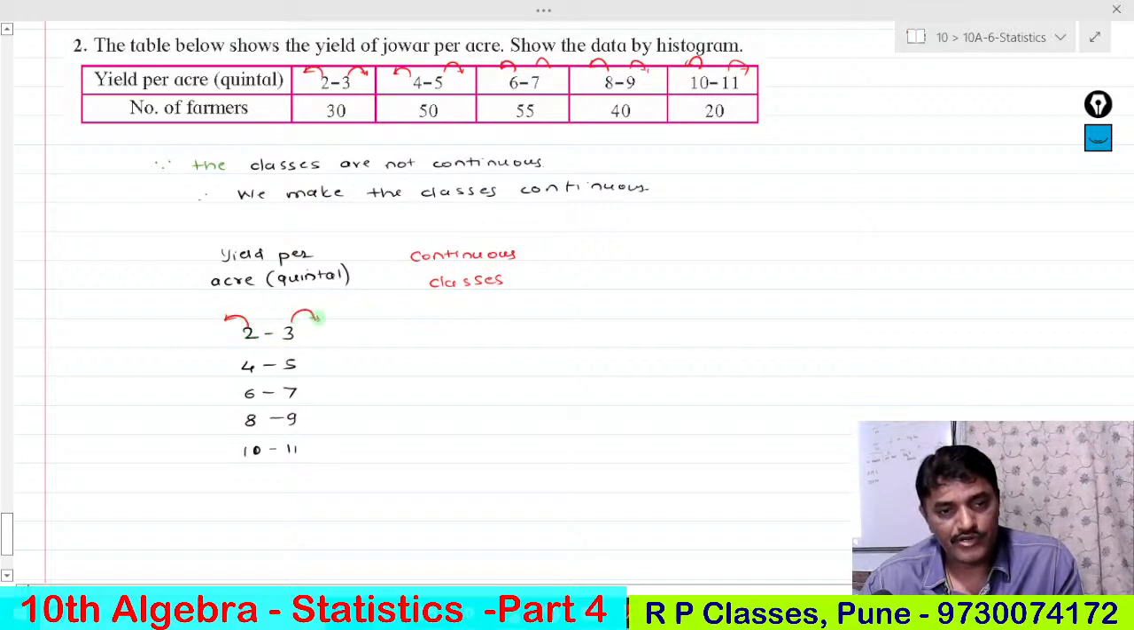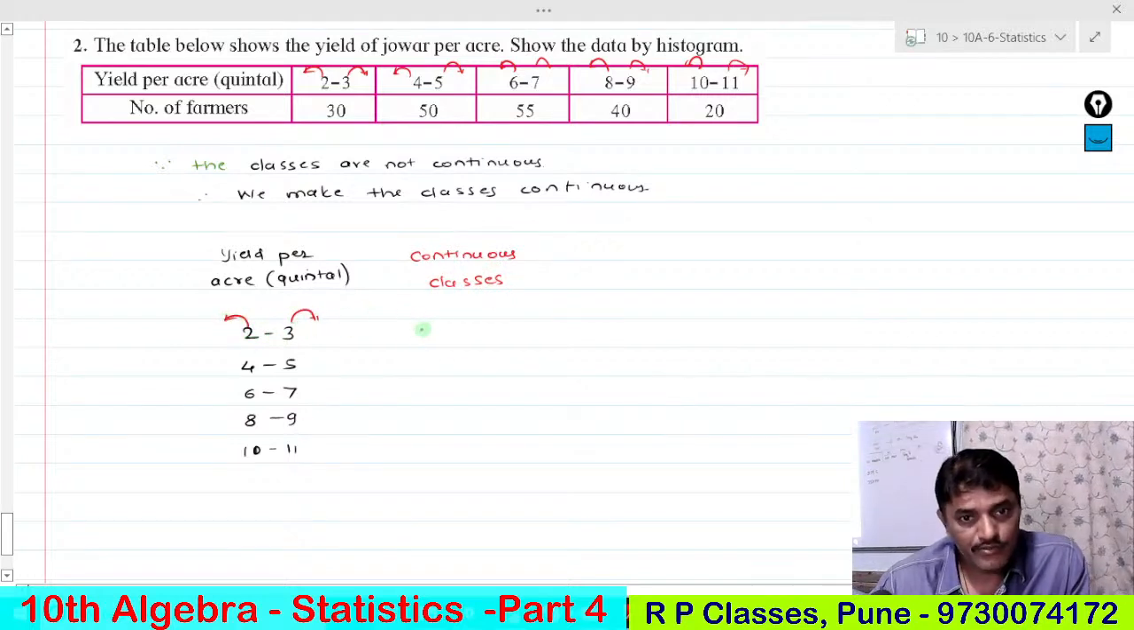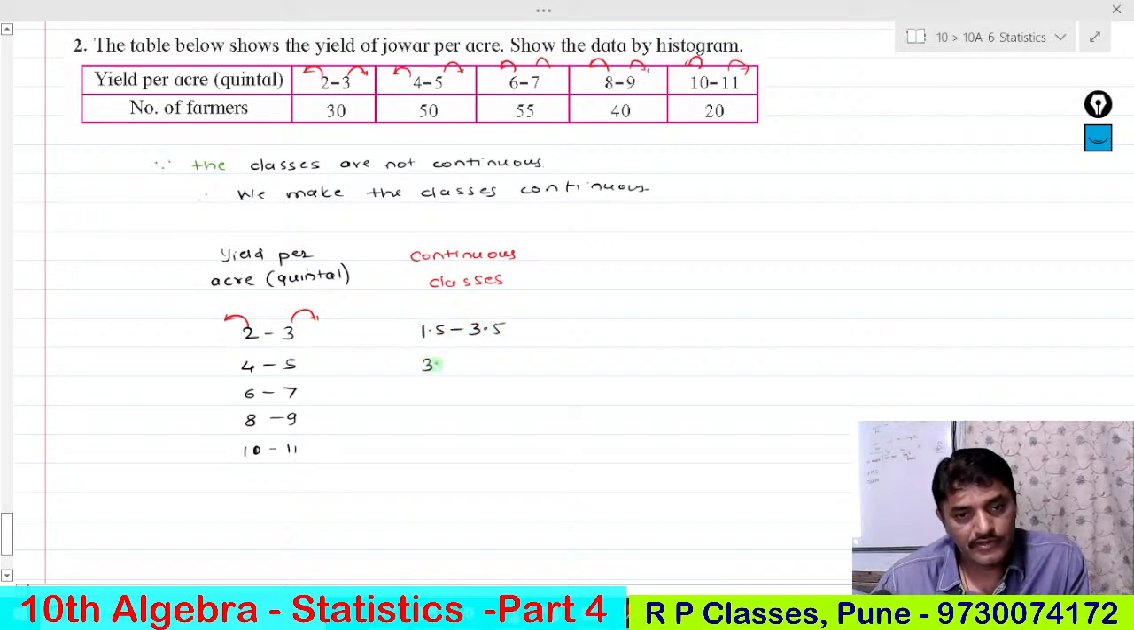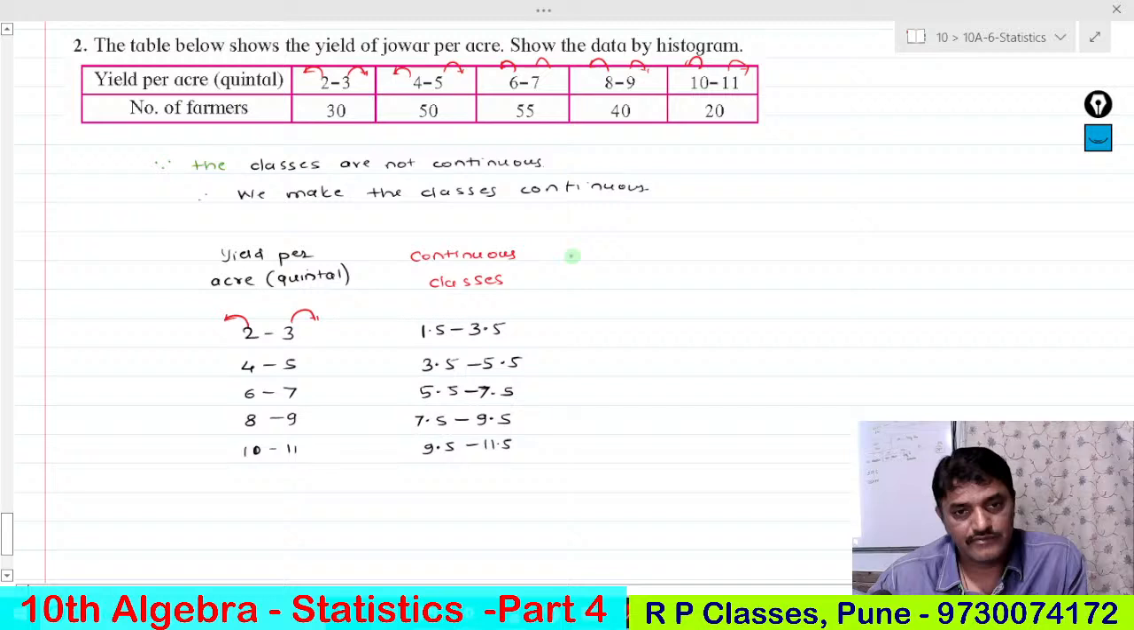हाफ से कम करो, 0.5 से बढ़ा लो, क्या बनेगा ये? 1.5 equal 3.5, 3.5, 5.5, 5.5, 7.5, 7.5, 9.5, 9.5, 11.5. फिर यहाँ पर आएगा फ्रीक्वेंसी